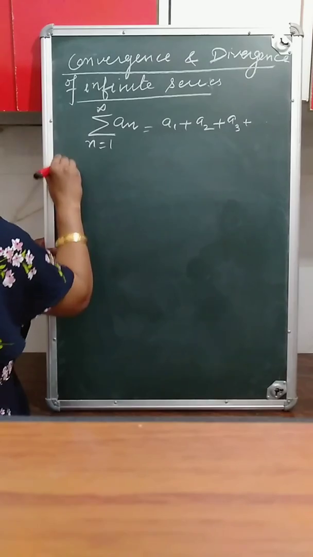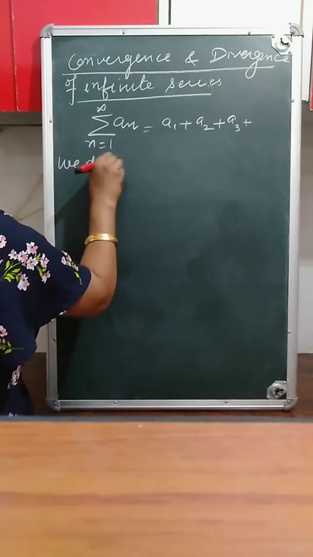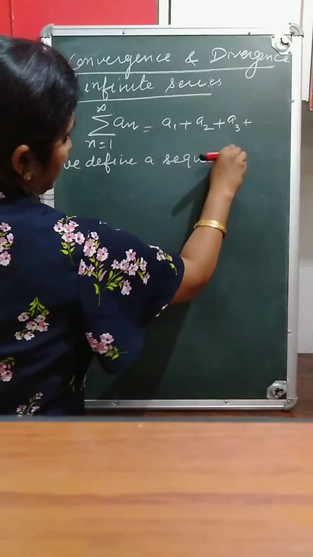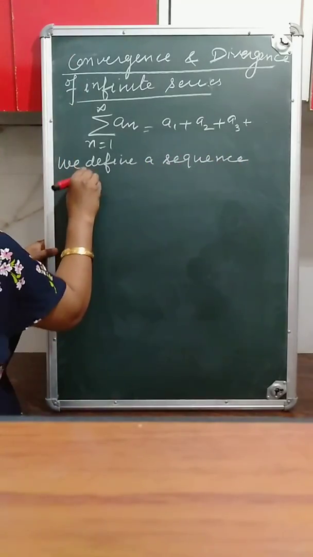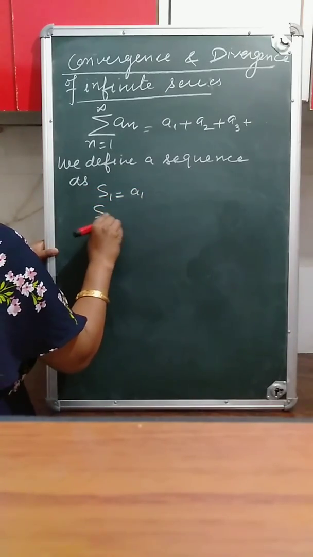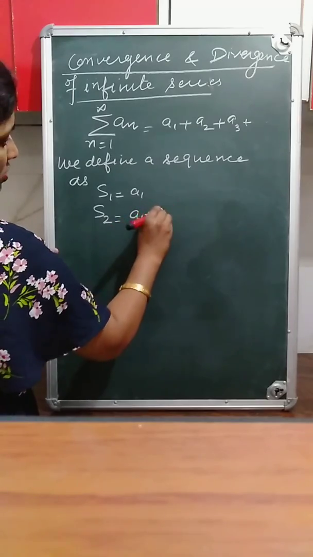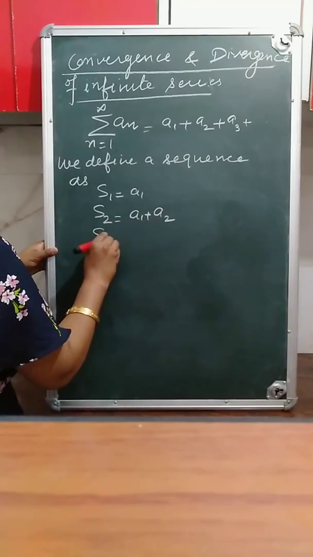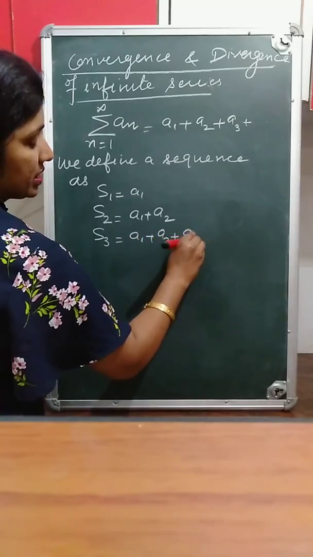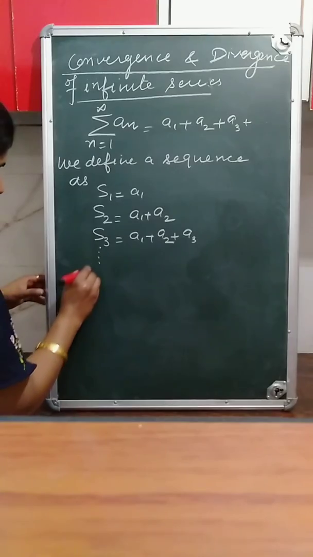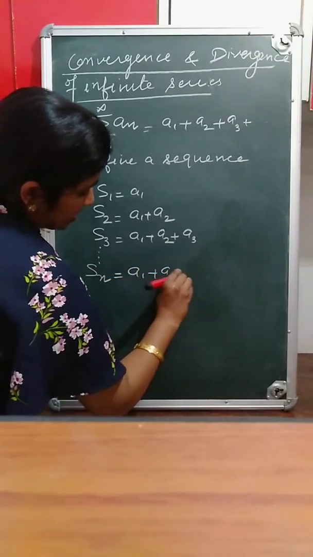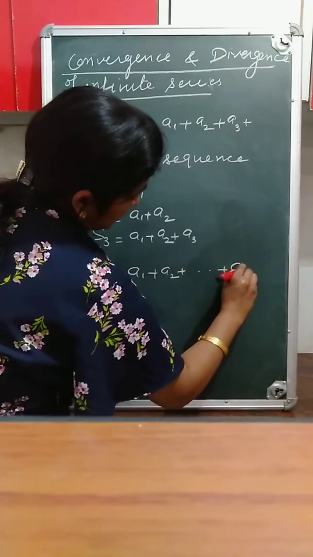Okay, we define a sequence as follows. S1 is a1, S2 is a1 plus a2, S3 is a1 plus a2 plus a3. Continuing like this, we get Sn is a1 plus a2 plus up to an, that is